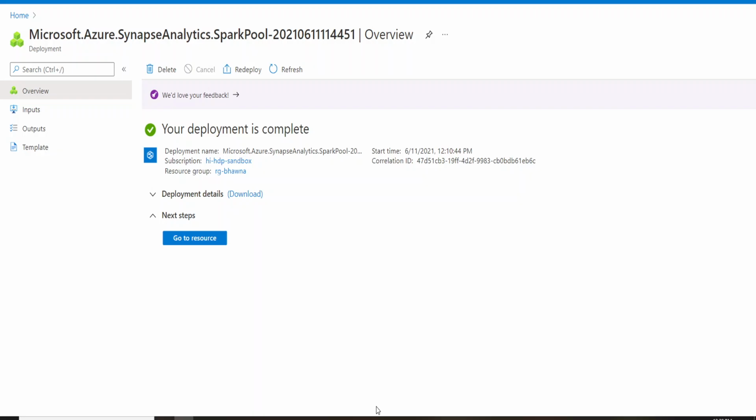So that was pretty much for today's video. Let me know if you have any questions on this, and I will be using the same Spark pool which I've created now, and I'll create a sample notebook in the Synapse workspace, and I'll use this pool. I'll run that particular notebook, and I'll actually show you how you can check the different statistics and what all properties you have over there.